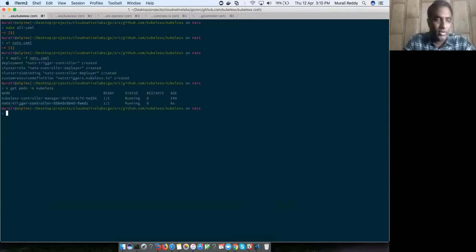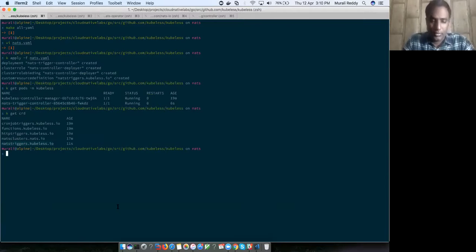So as you can see, it deploys a controller which is listening to the newly added CRD, which is basically the NATS trigger. To deploy NATS, it's up to the user how they want to go. For a casual user who just wants to check it out, there's an easy way to deploy on Minikube itself, or in production, if they have an existing NATS cluster, you could just add an environment variable into the manifest so that we explicitly use that URL. So I'm using Minishift, so I'll just go ahead and